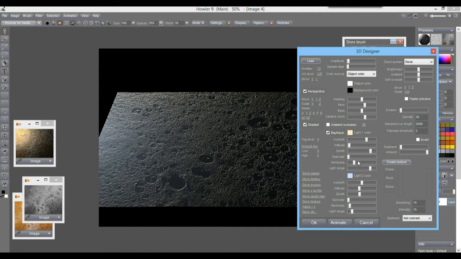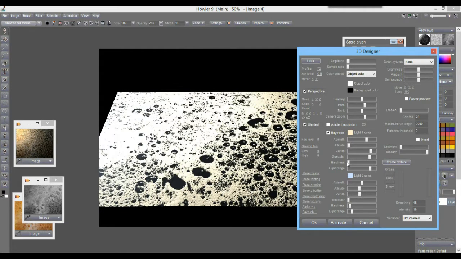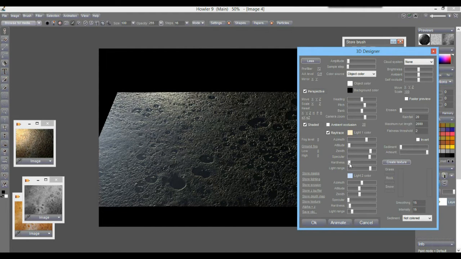There you go. And again, if you want it to look a little bit more like a wet surface, you can add some specular reflection to that. And then maybe erosion. If this is the surface of a planet, okay, so it's been bombarded with asteroids, and you see some impact craters, but there's also in the past maybe been some erosion effects, so you can add some of that